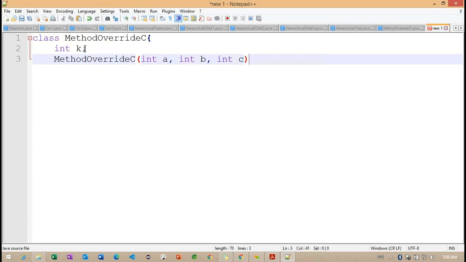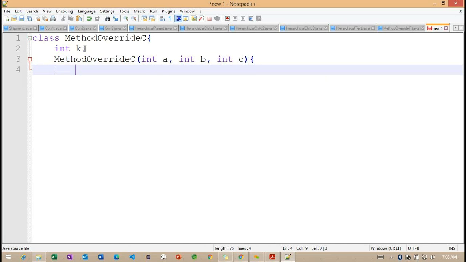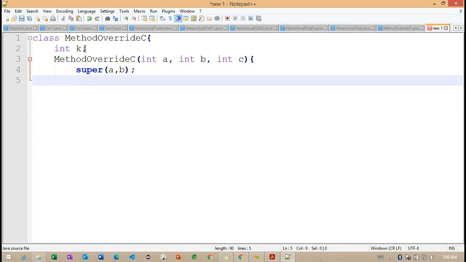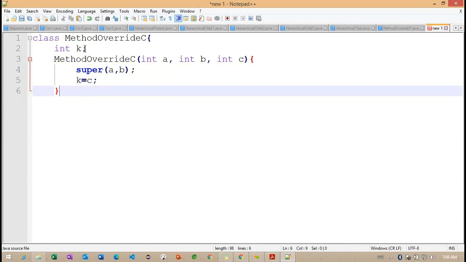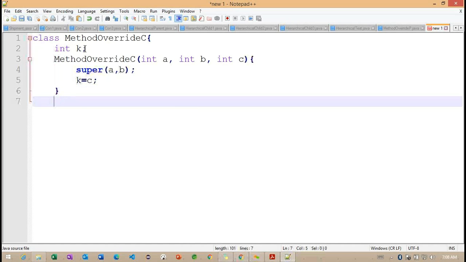Then the constructor with int A, int B, int C, and here I will do super(A, B), the same way we identified in the last class, K is equals to C, and I'm closing the constructor here.